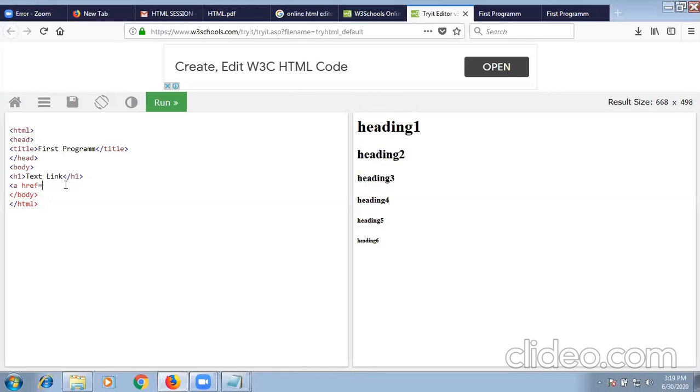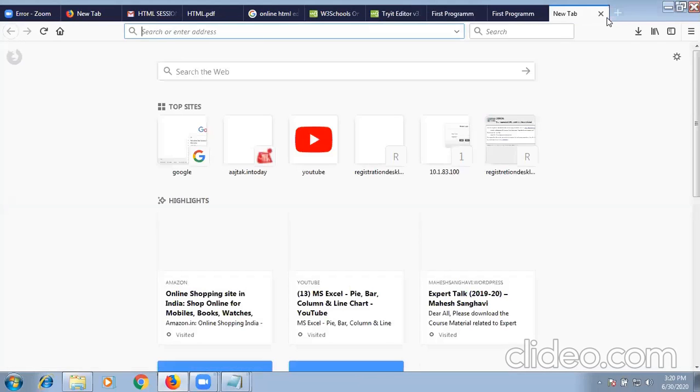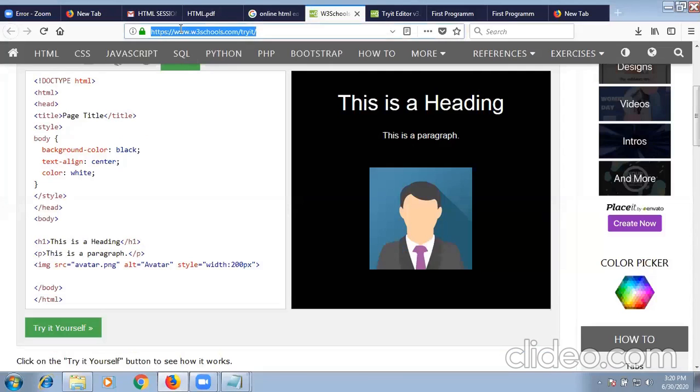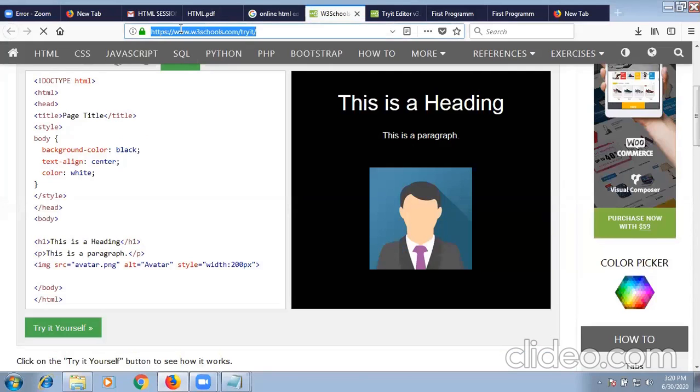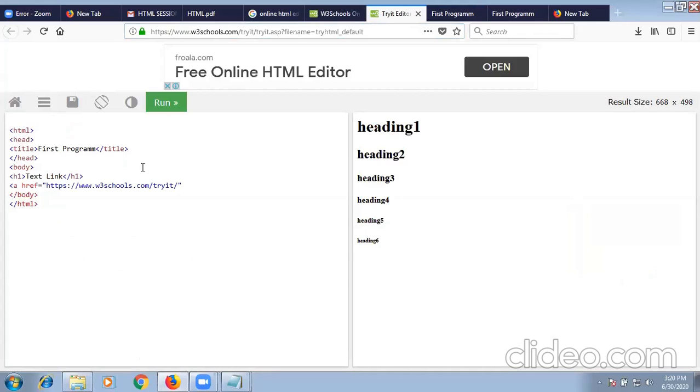H-R-E-F, equal to. Now which link do I want to give? If I want to open my W3Schools, I just copy this link and go to the editor and paste it, completing your double quotes.